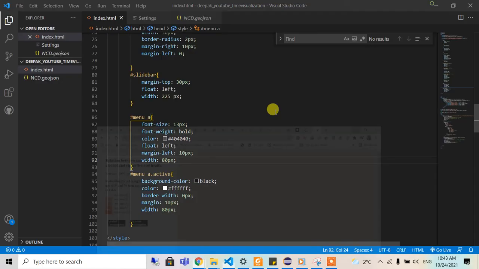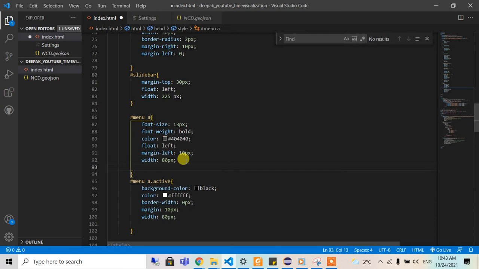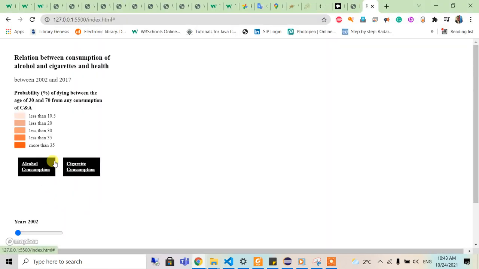Okay, not many changes. Then padding, so it will make the box a little bit better. Yeah,